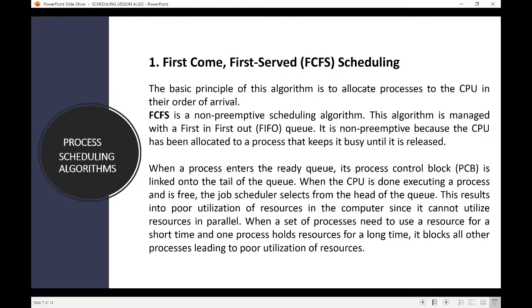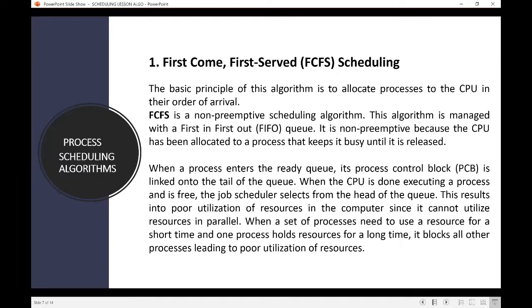It is non-preemptive because the CPU has been allocated to a process that keeps it busy until it is released. So which means if the CPU is busy working on a process, no other process can interrupt the one in